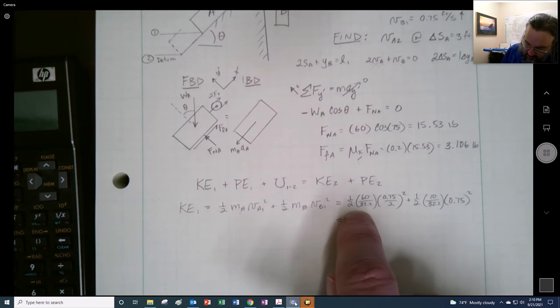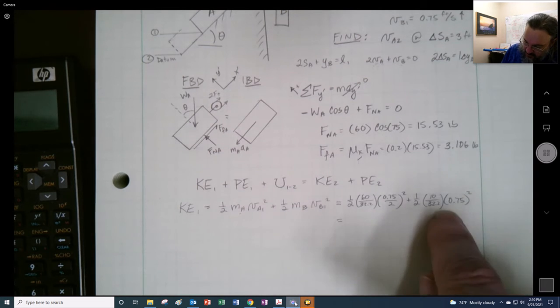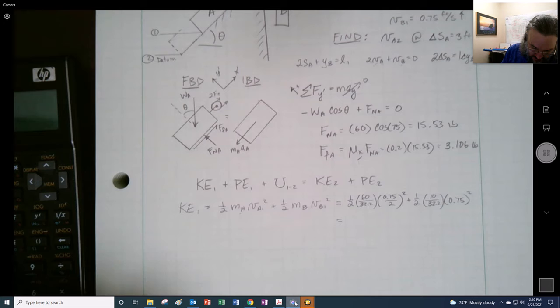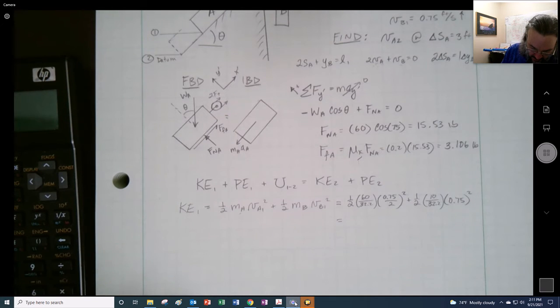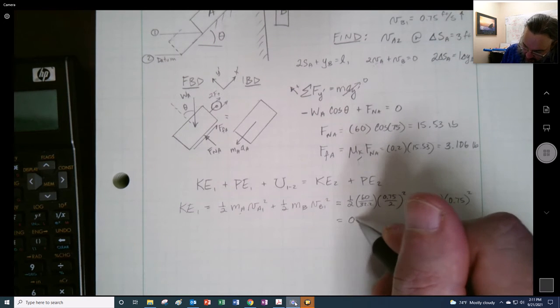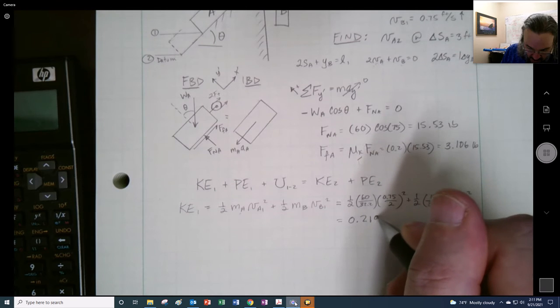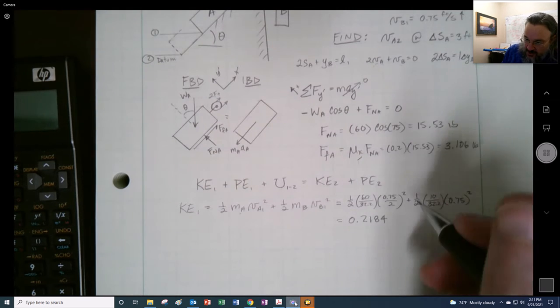This is only like 0.131, so this one also is going to be pretty small. So 0.75, I'll square that first, multiply by 10 divided by 32.2 divided by 2, and that's only like 0.08. When you add them together you only get 0.2184, and these are in